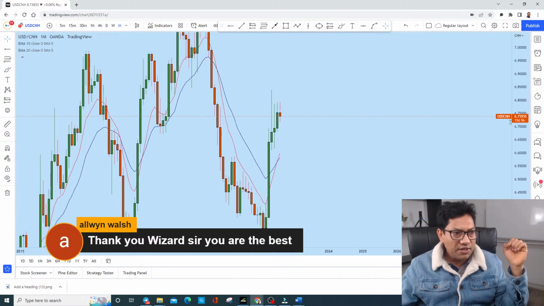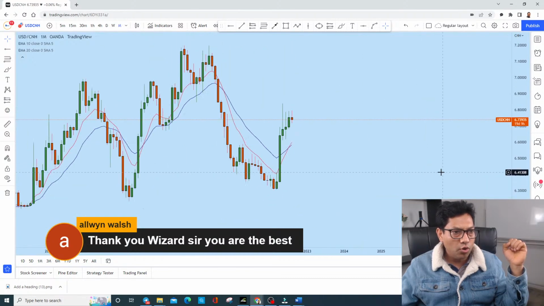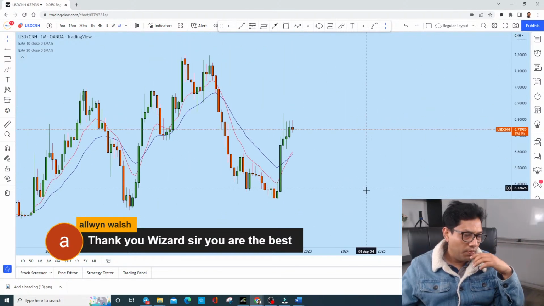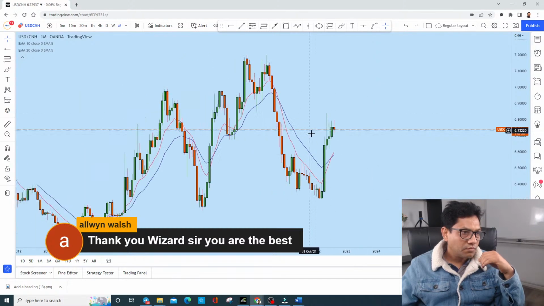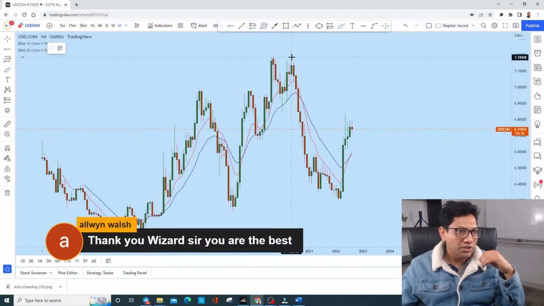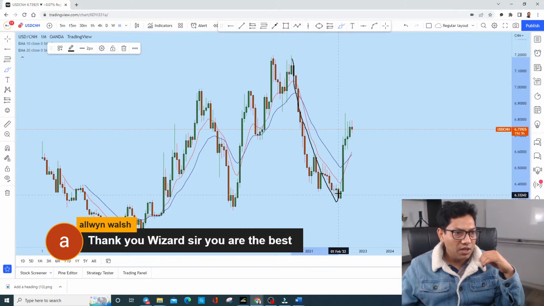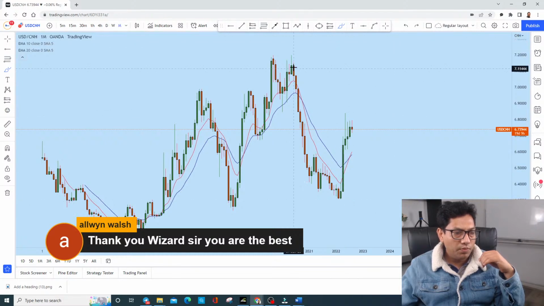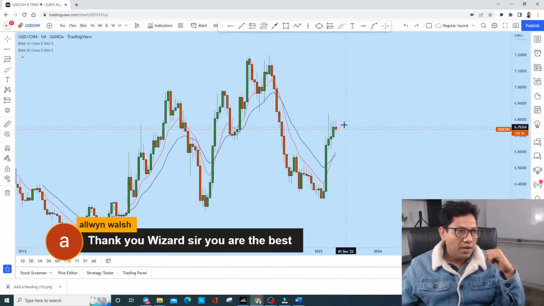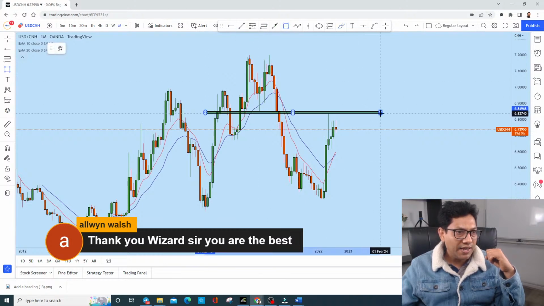Let me tell you why I think USDCNH is going to be a strong downward move. If you look at this move on USDCNH, there was a big move on the monthly, and the price went up vertically. The way it moved down, the same way it has gone up. Now on the monthly perspective, USDCNH has tested this previous support, which you can see as resistance, and every month we have seen strong rejection to the downside.